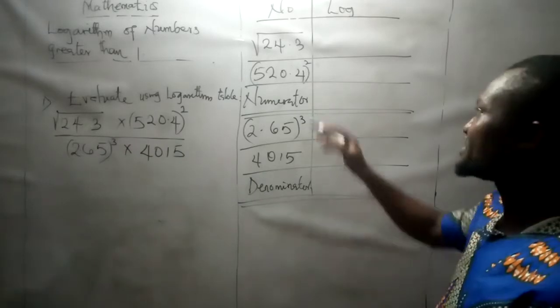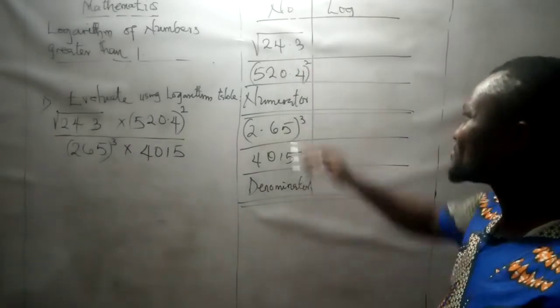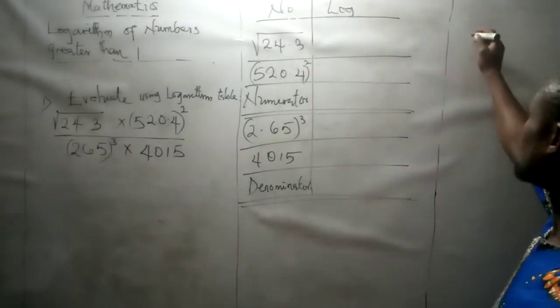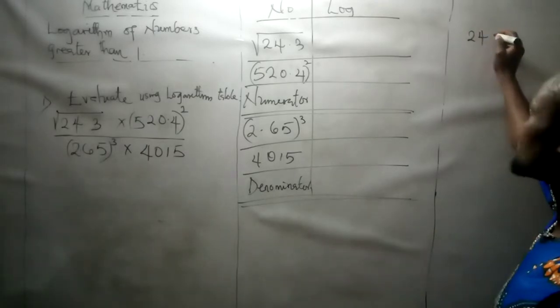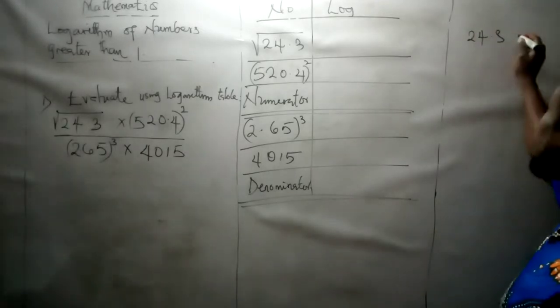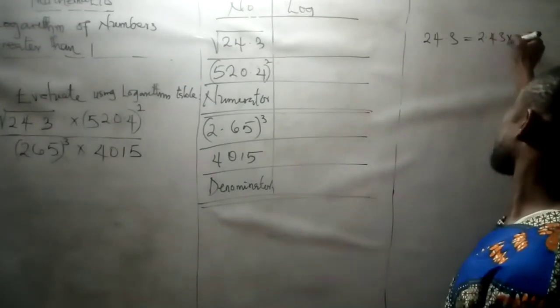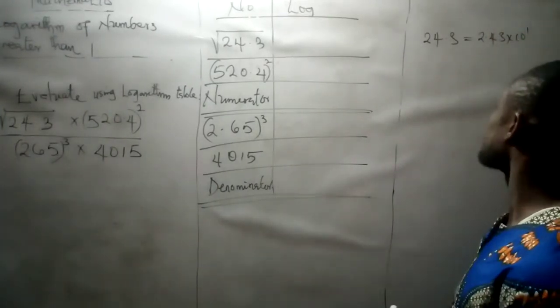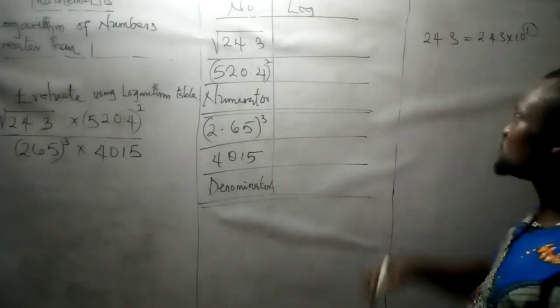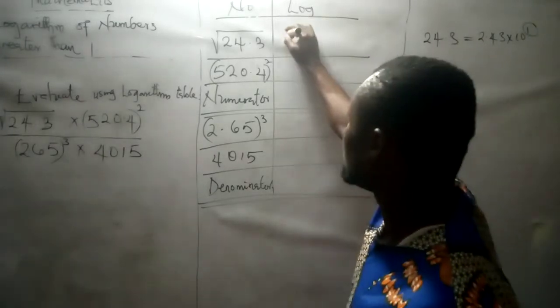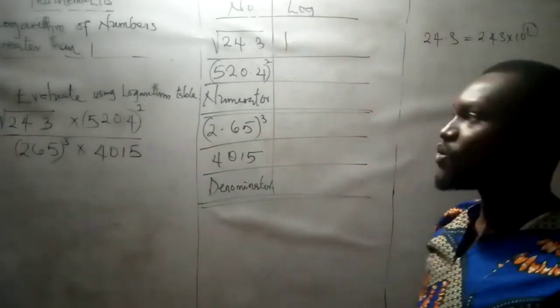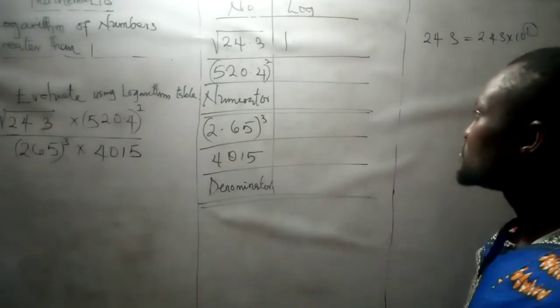Now, based on the characteristics, you can convert this to standard number. 24.3 in a standard number is equivalent to 2.43 times 10 raised to power 1. Now, that very power, which is 1, becomes your characteristics. So we have the characteristics, 1 point. Now, let's see